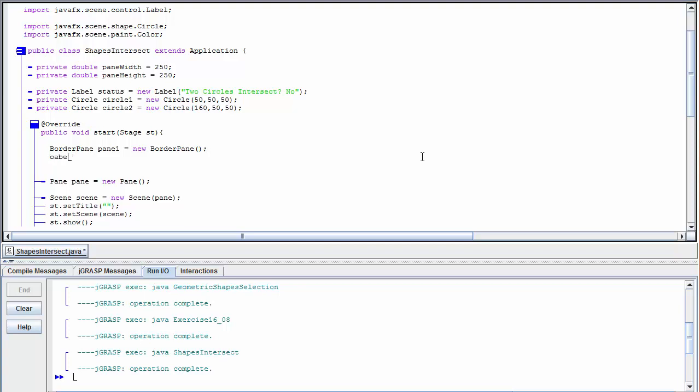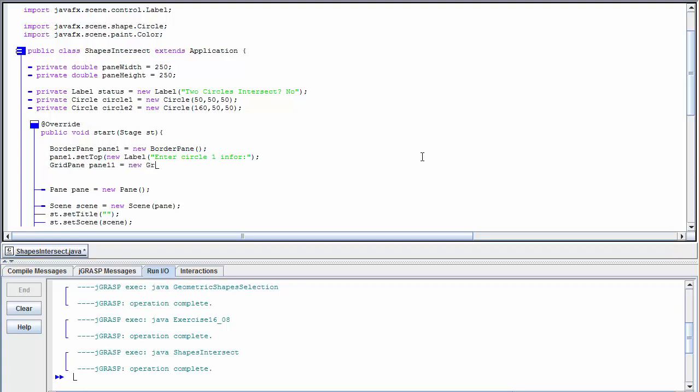So we are going to put a label at the top of pane1. I'm just going to create it on the fly, new Label, and "Circle 1 Information". That will do just nicely. And then below that label, I'm going to put a GridPane that is going to contain my center X, center Y, and radius information. So let's say I need a GridPane, pane11,